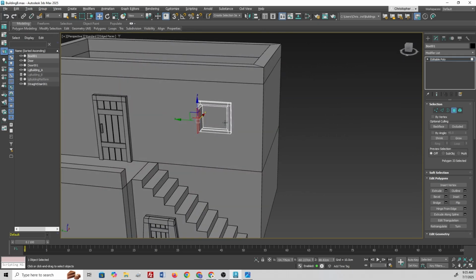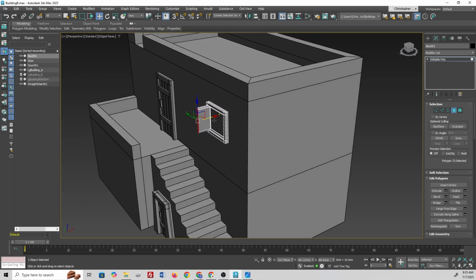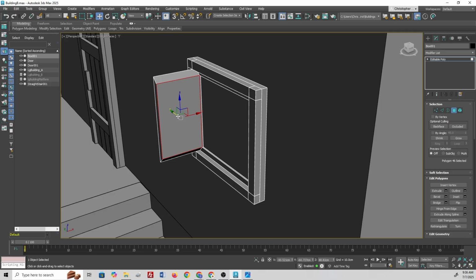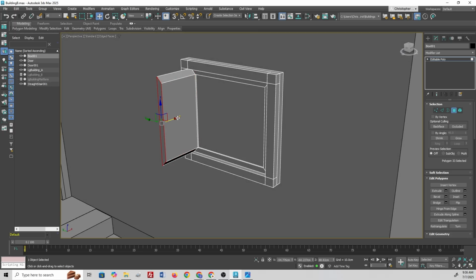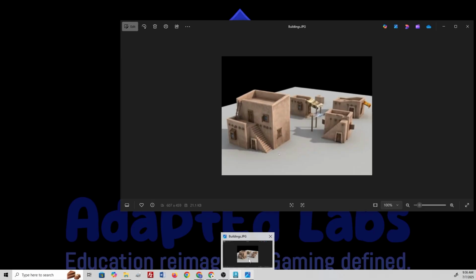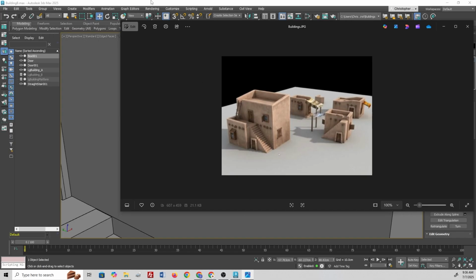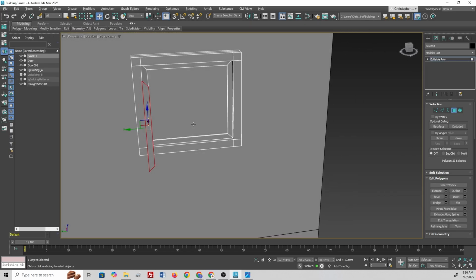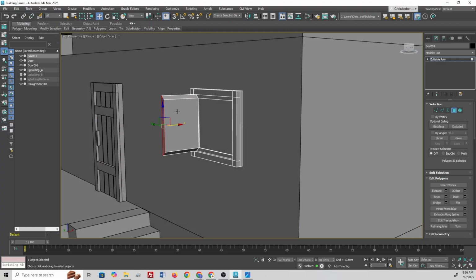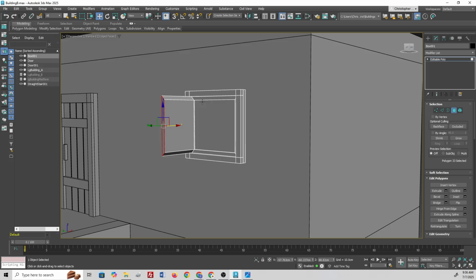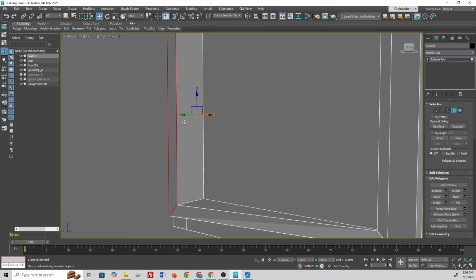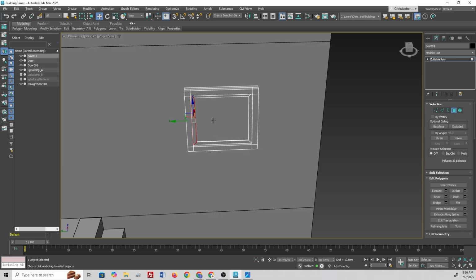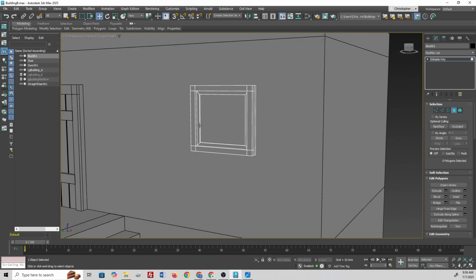Actually, instead, let's grab this guy right there. Maybe not, because it has that slant in there and that's really going to mess things up, so let's not do that. Instead, Control Z. There we go. I think we're good now. Yep, we're good. All right, what we're going to do instead, and I probably should have done this from the beginning, is